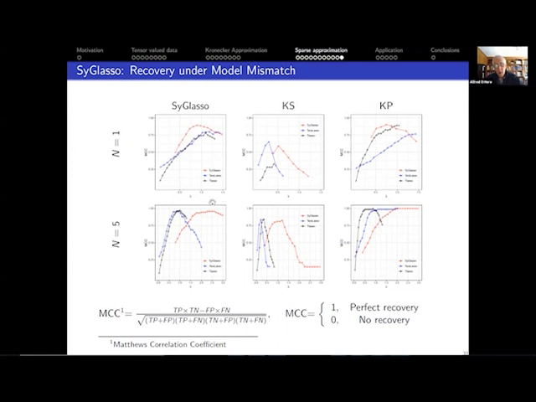That when you search over the regularization parameters for two different values of n, the sig lasso achieves almost as good performance, in terms of false positives and false negatives of detecting non-zero entries of the inverse covariance, as the true matched model, right? So these red curves are for sig lasso, and the peak of each one of these curves corresponds to its accuracy, right? That's where the corresponding sparsity regularization term would be selected. So we don't do too badly in terms of the difference of the peaks for the red one, and the others are not too far away for the mismatched case.